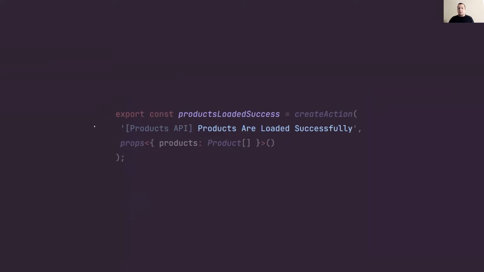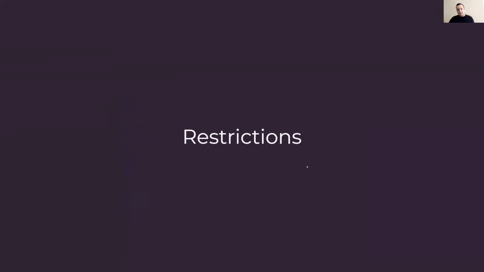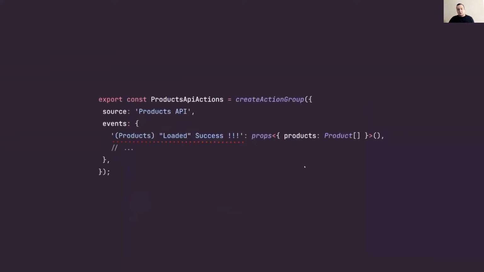Of course, we are able to do this with create action function. If we talk about restrictions, with create action group function, we cannot use, let's say, special characters when we define event name. For example, we cannot use brackets, quotes, or punctuation marks.